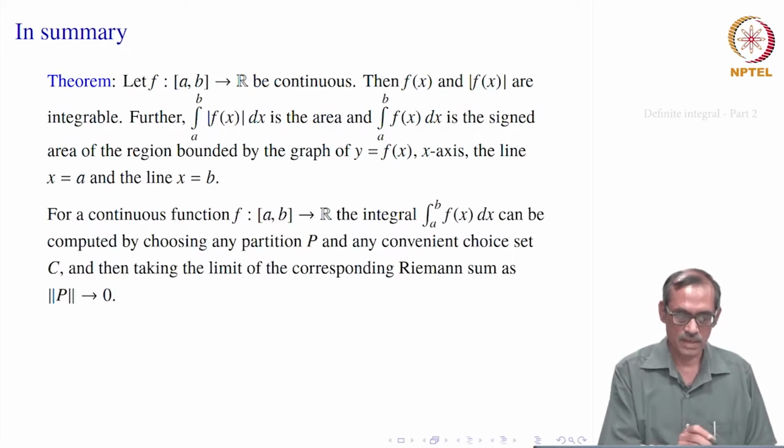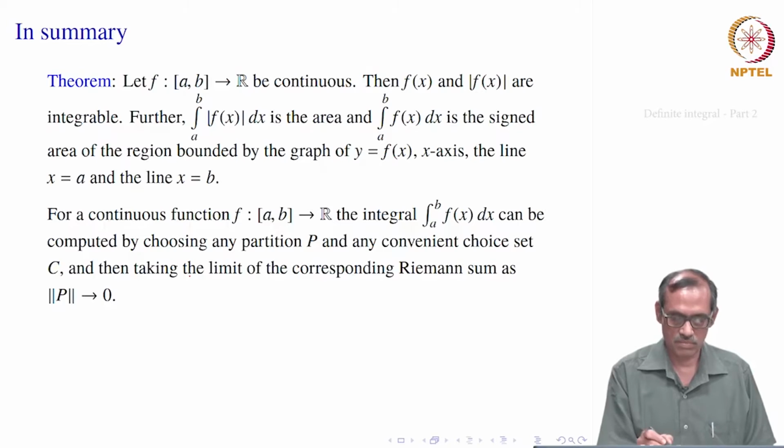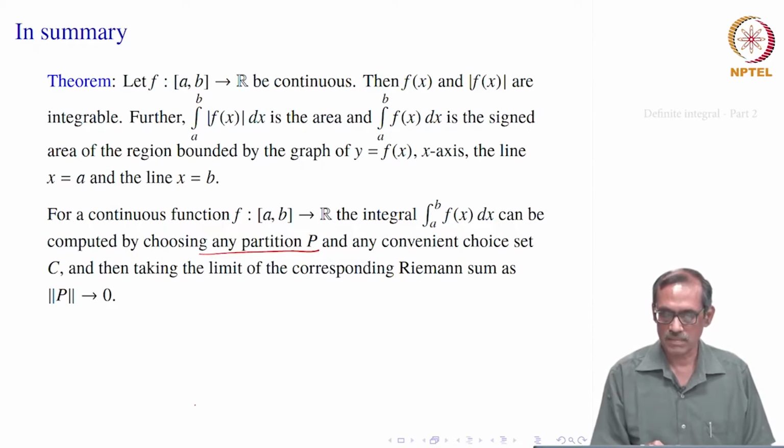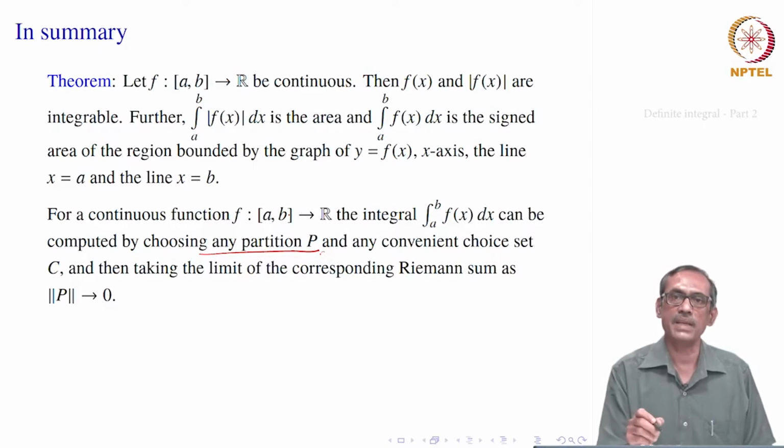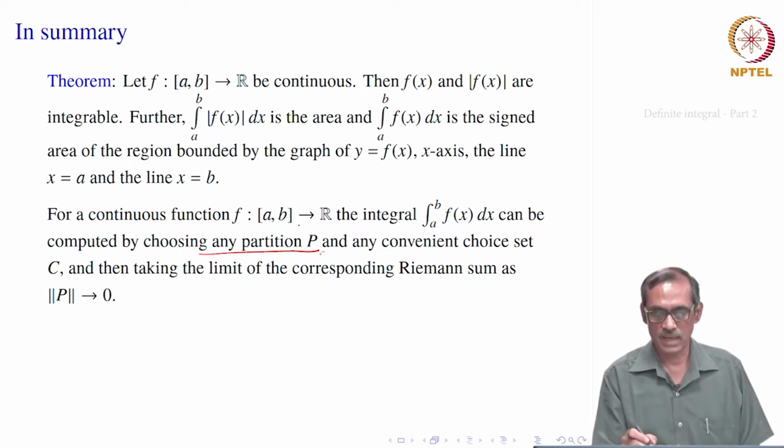Now, we will be looking at some problems based on this, but just a bit. You can always compute this area by choosing any partition P. How are you going to compute this area? First, we choose any partition P, and then once you know that it is continuous, it is integrable, you choose any C I in between x I minus 1 to x I, in the limit that should be the same, right. That is proved here in the theorem.